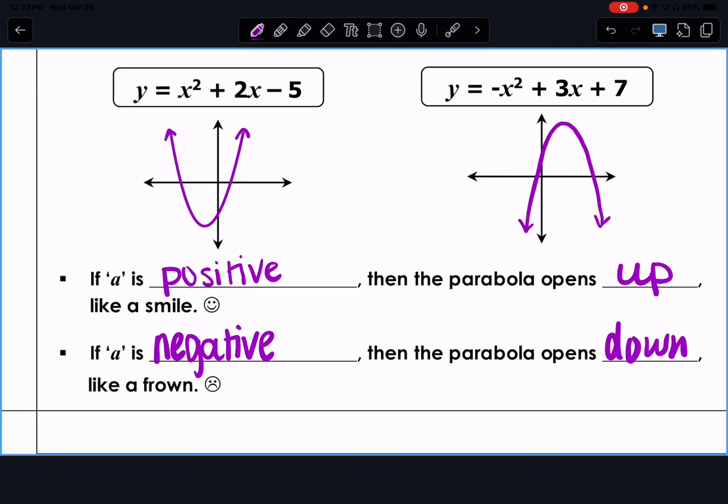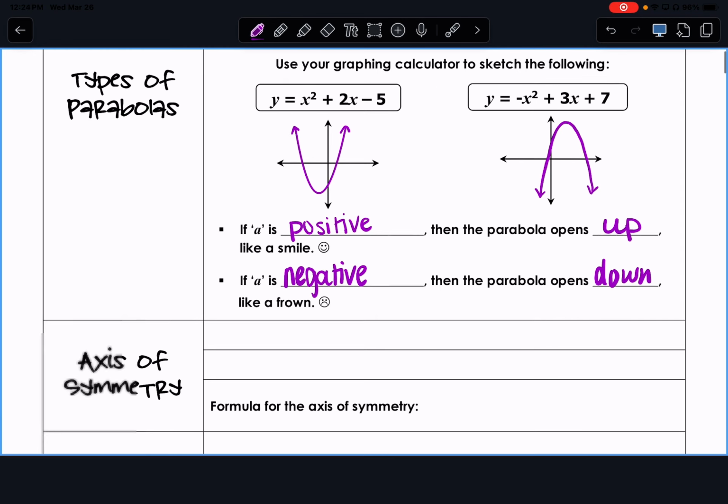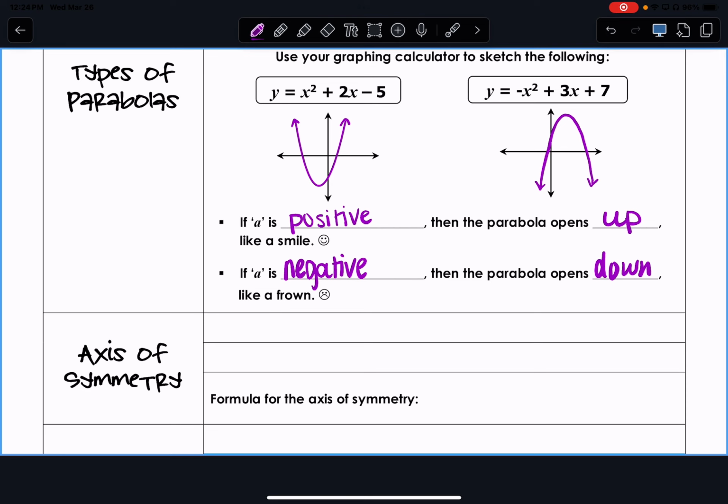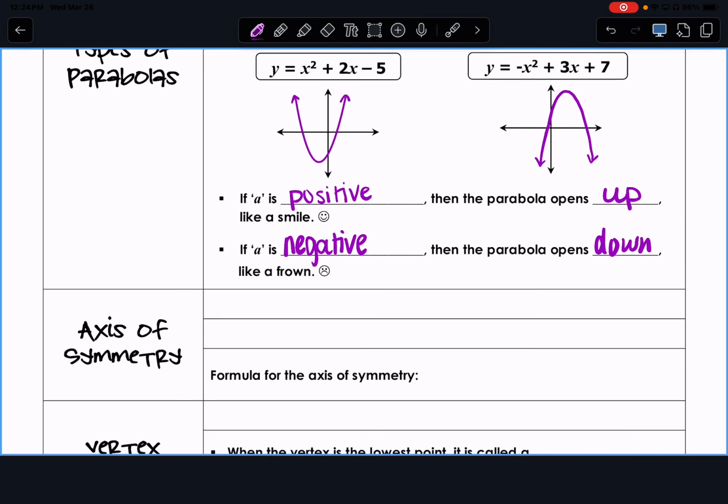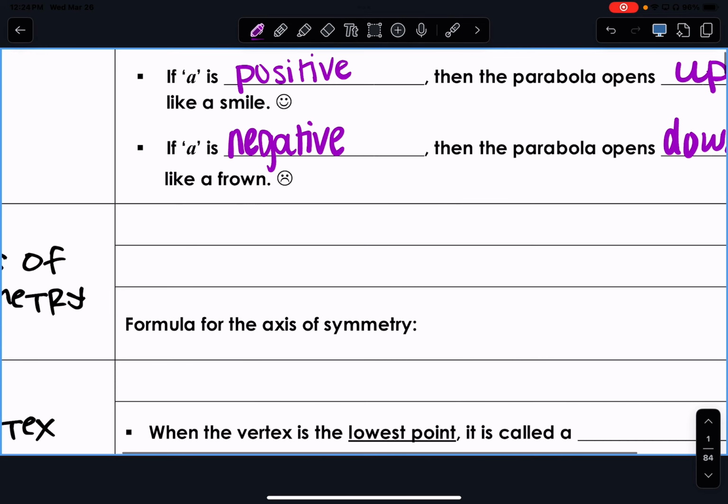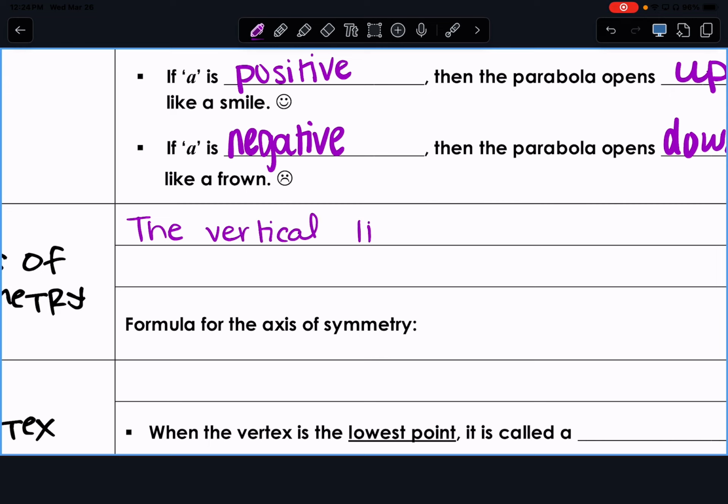All right. So now we are going to look at the second part. An axis of symmetry. So real quick, what does it mean to be symmetric? Same on both sides. What we are going to write here: the axis of symmetry is actually an imaginary line because it doesn't pop up when we graph it, but it has a place. It is the vertical line that divides the parabola